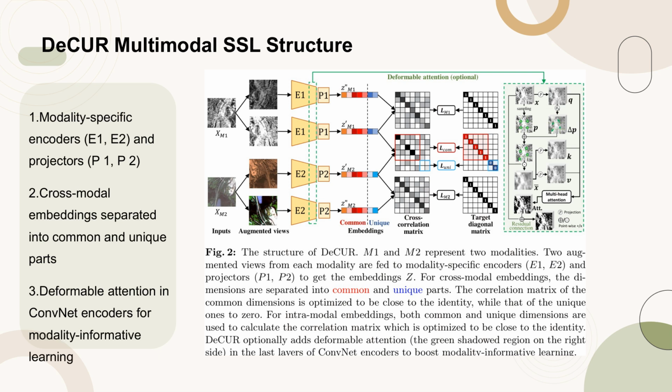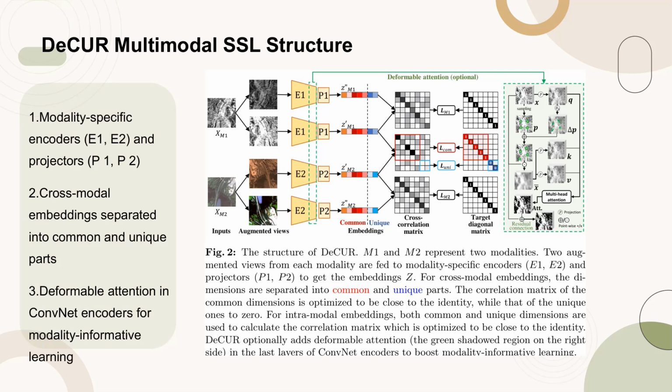Figure 2 illustrates the structure of DeCUR, a multimodal self-supervised learning method. It shows two modalities, M1 and M2, with each modality processing two augmented views through modality-specific encoders, E1, E2, and projectors, P1, P2, to produce embeddings Z. The cross-modal embeddings are divided into common and unique dimensions, with the common dimensions correlation matrix optimized to be close to the identity matrix, and the unique dimensions correlation matrix optimized to be 0. Intramodal embeddings use both common and unique dimensions to calculate the correlation matrix, which is also optimized to be close to the identity matrix. DeCUR optionally incorporates deformable attention in the last layers of ConvNet encoders to enhance modality-specific feature